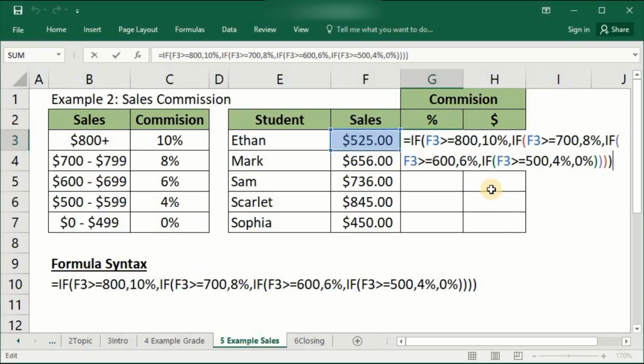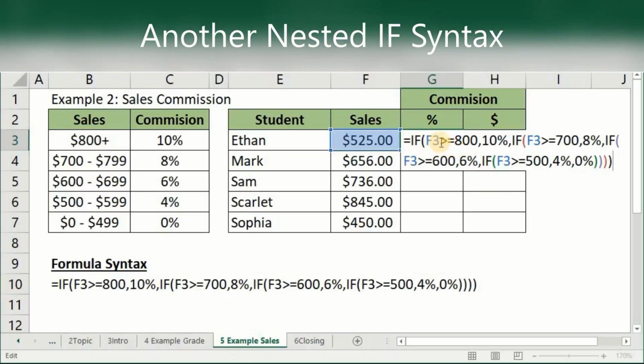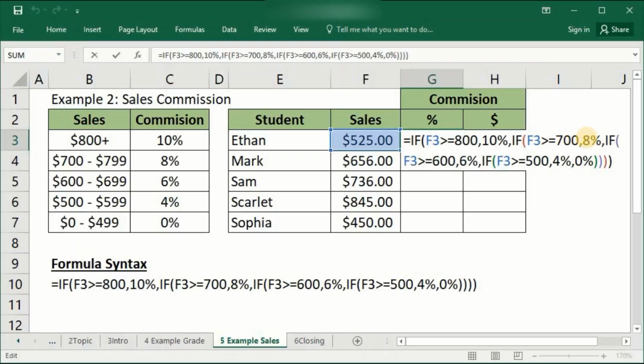You need to write correct syntax for a nested if according to current situation, which is equal to IF(F3>=800,10%,IF(F3>=700,8%,IF(F3>=600,6%,IF(F3>=500,4%,0%)))) with four closing parentheses.